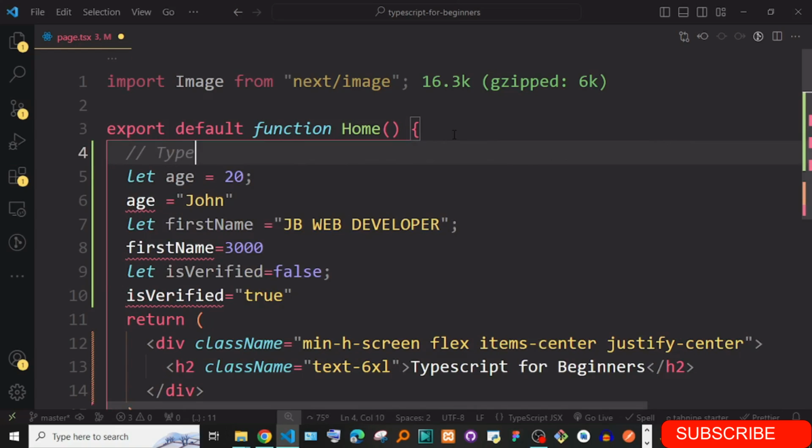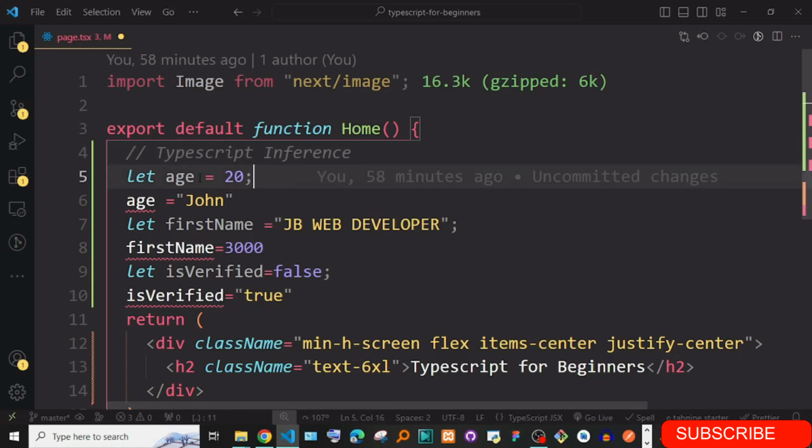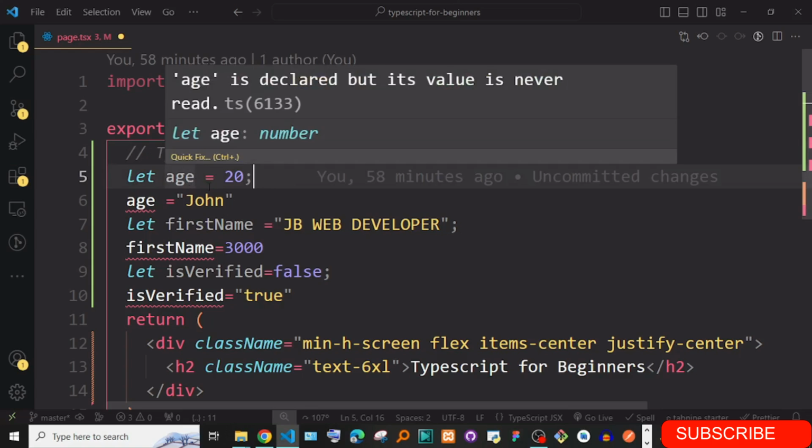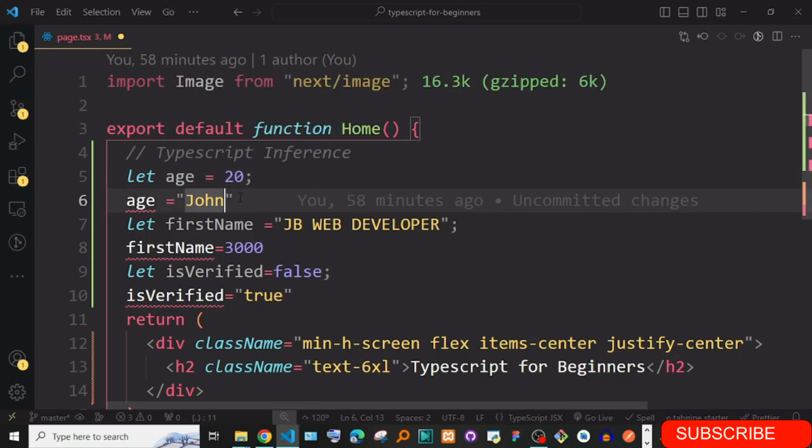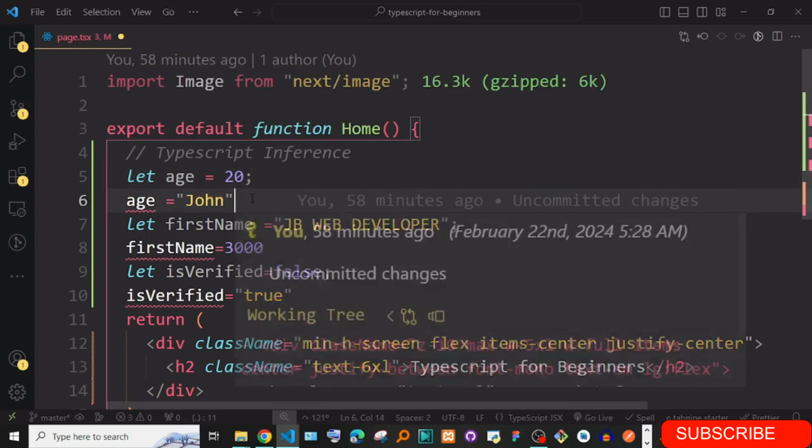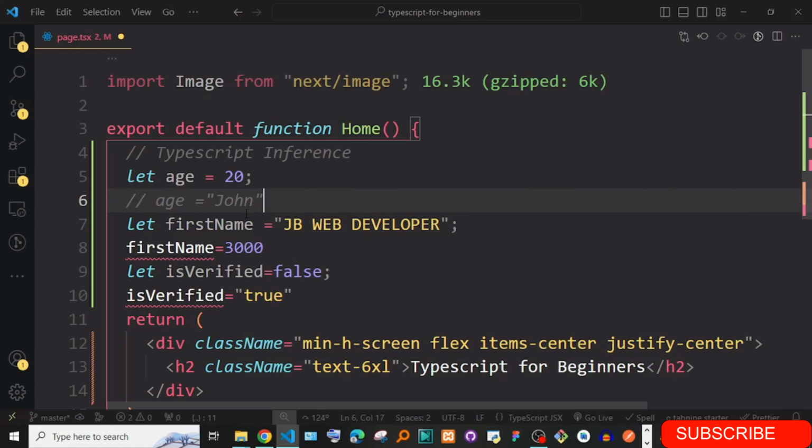TypeScript inference. This is the first concept you really need to understand: sometimes you don't need to define the data types. It will automatically set types as you name them. I'm going to comment this to help you understand what we are talking about.